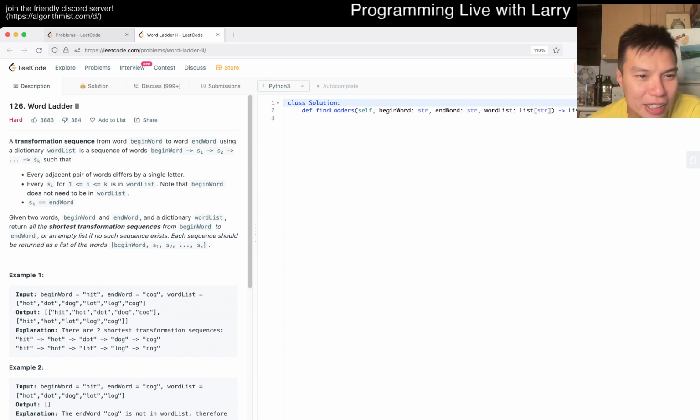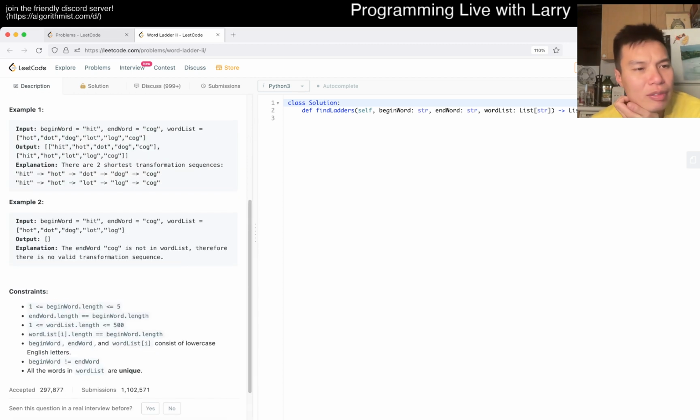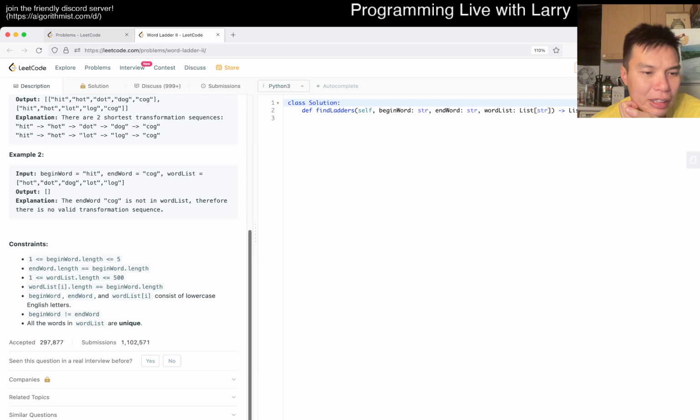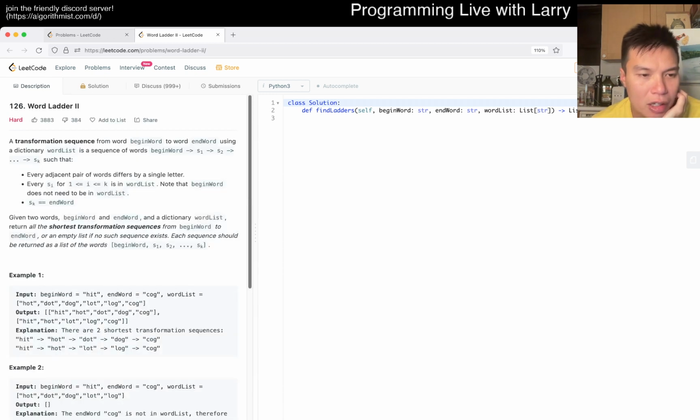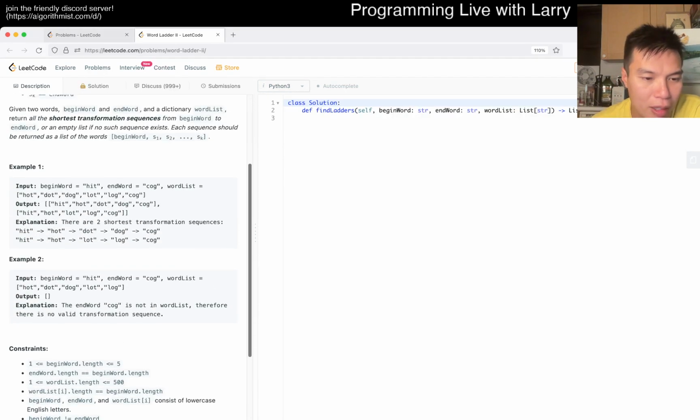Okay, so a transformation sequence of begin to end word is such that every adjacent is different by a single letter. Okay. Given... I remember this one. I don't know if this is the one, but there was one where I really hated the definition of depending on the input case, right? Something like this one, but maybe I'm wrong.